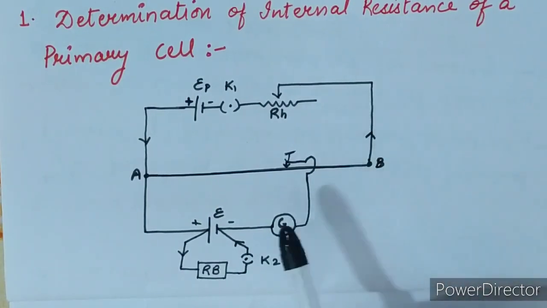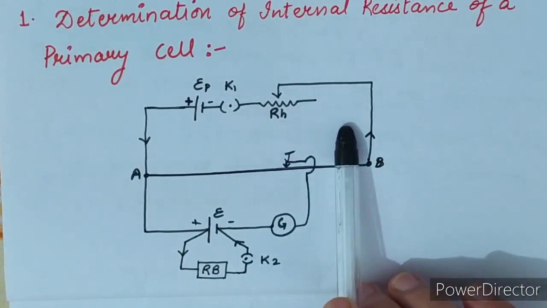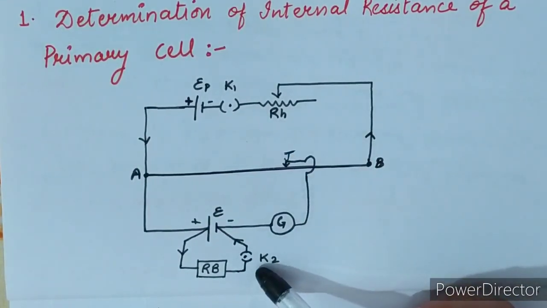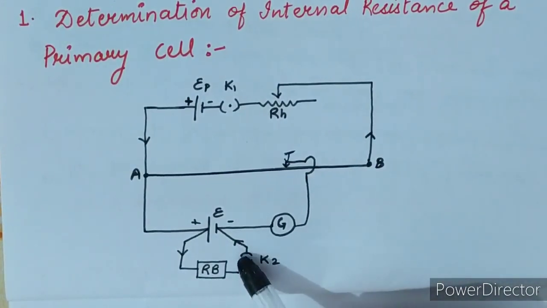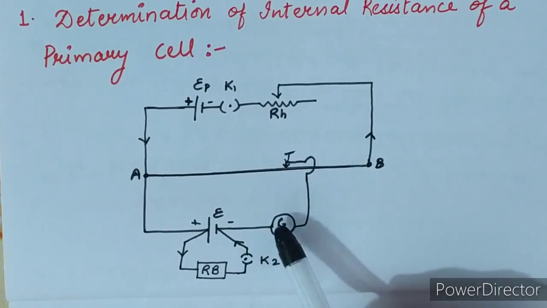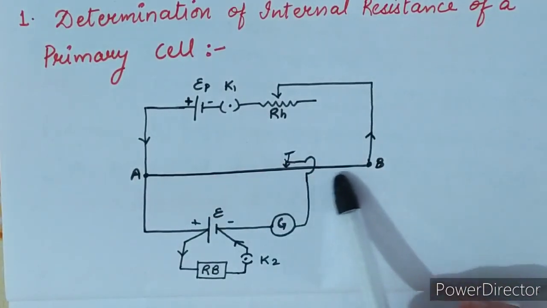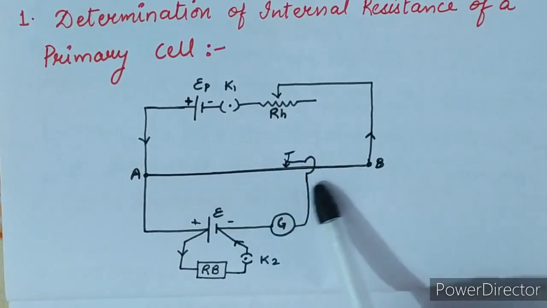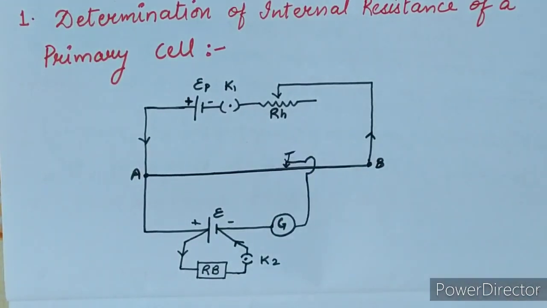Now in the second condition, we are not changing any of the configuration in the primary circuit and just make the secondary circuit also close. So pick out one of the resistances from the resistance box, and the potential drop will be there across the resistance box, and now we will acquire the new balancing length by sliding the jockey J on the wire of potentiometer AB, and we will get that balancing length L2.